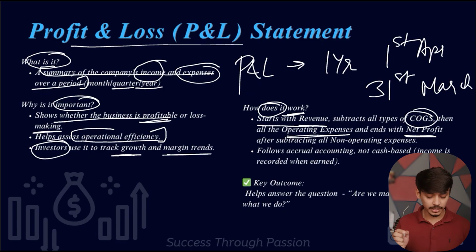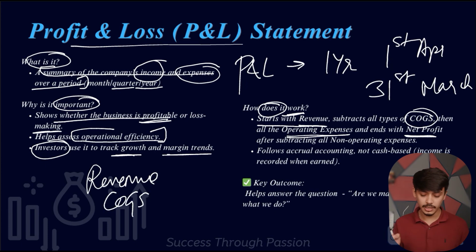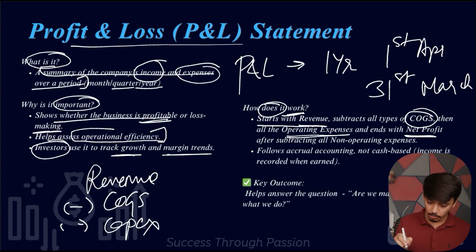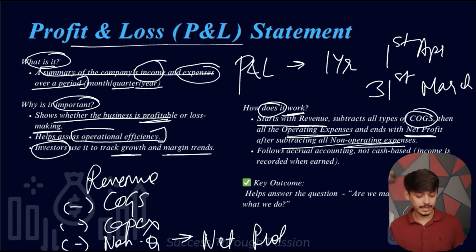So it is a kind of funnel that you create while building a P&L statement. It starts with revenue, then you subtract all the COGS, that is cost of goods sold. Next, you subtract all the operating expenses, and it ends with net profit after subtracting all the non-operating expenses. So non-operating expense is subtracted before coming to net profit. That is the entire structure of a P&L statement, starting with revenue and ending with